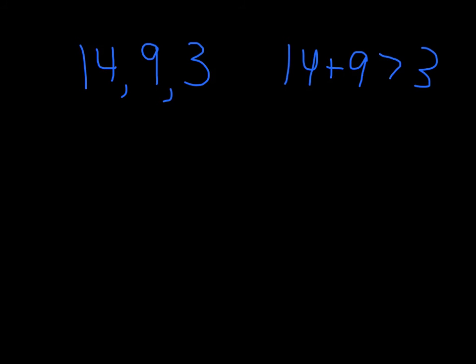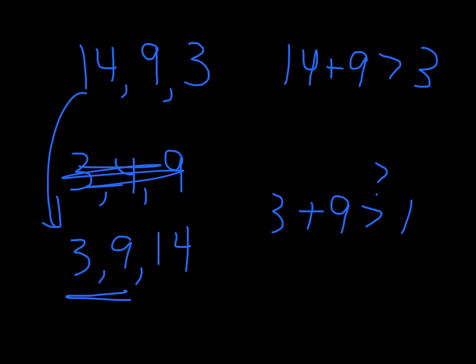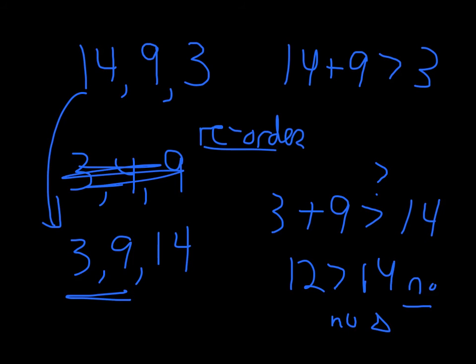yes, because you must go, it's really the sum of any two sides must be bigger than the third side. But it's easy if you get the 2 small sides, so I just rewrote that. And now if we do 3 plus 9, question mark, is that bigger than the third longest side? Since 12 is bigger than 14, the answer is no, therefore no triangle. So you want to make sure you reorder the side lengths from small to big. And if you do that and add the 2 smaller ones compared to the third one,